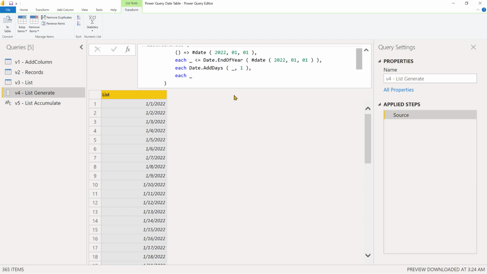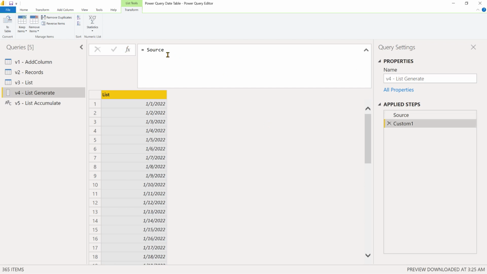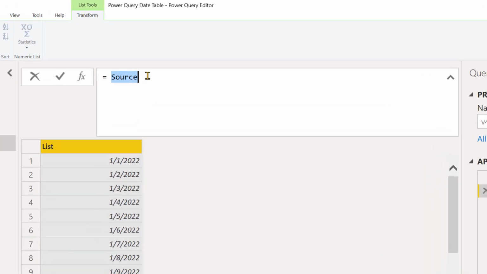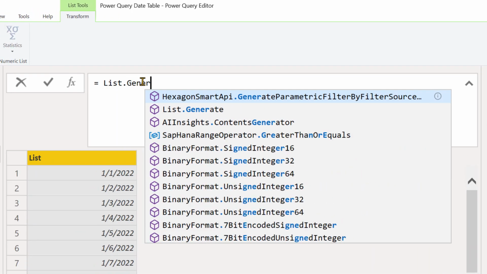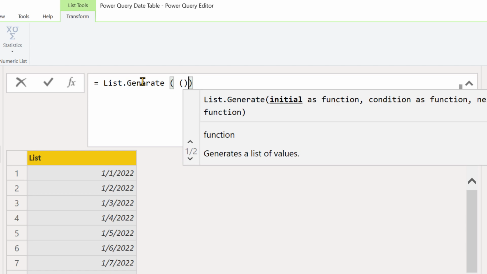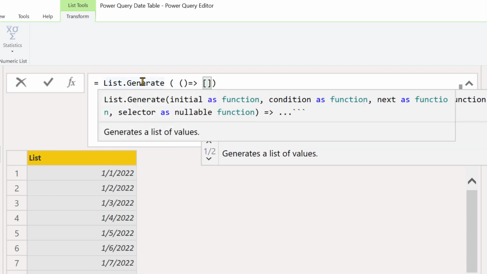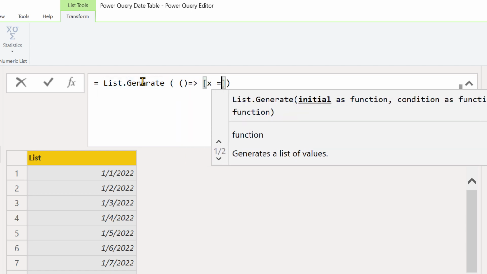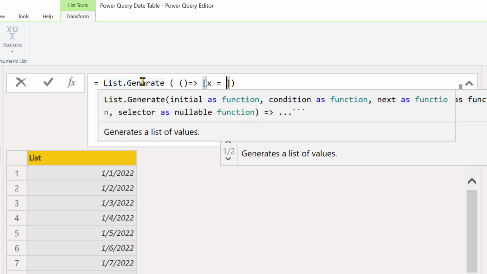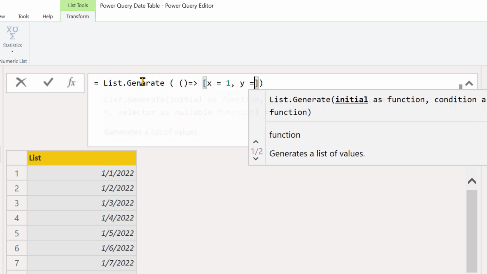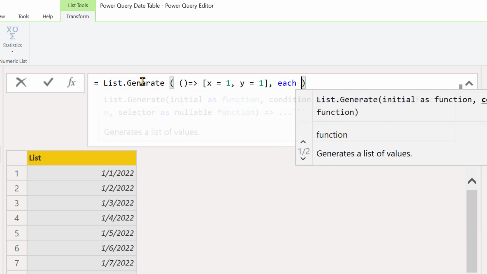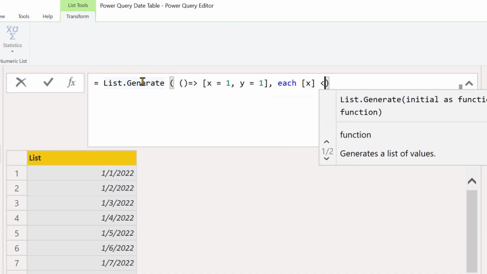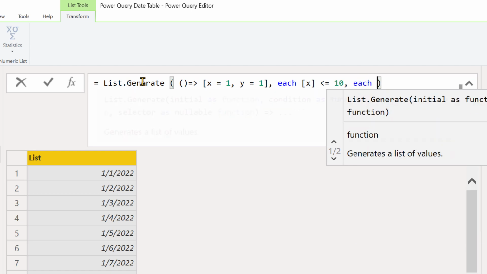And I want to show you an example first that will allow you to understand this better. So first of all, let's write List.Generate, and we are going to use the each function, and we are going to say that we are creating a record as a starting position. We are going to say that the starting value on that record of x is 1, as well as y is equal to 1. Then at each step, we are going to say that x should be less than or equal to 10. And then at each step, we are going to increment the value of x. So we can simply say that x is equal to the current value of x plus 1,